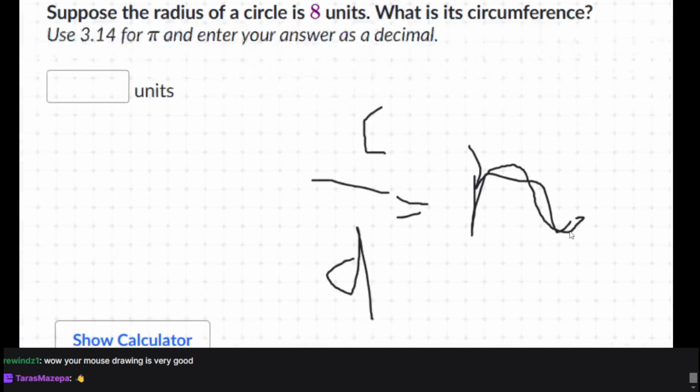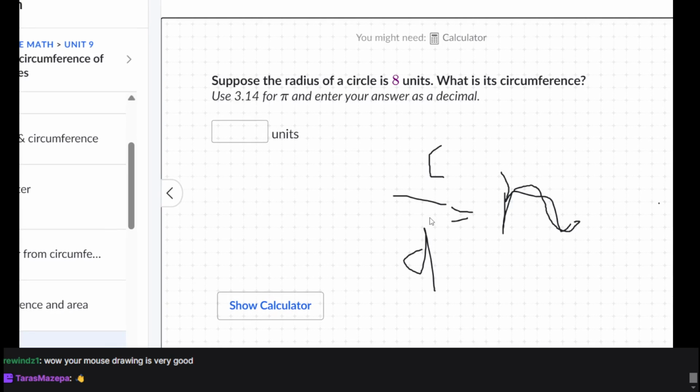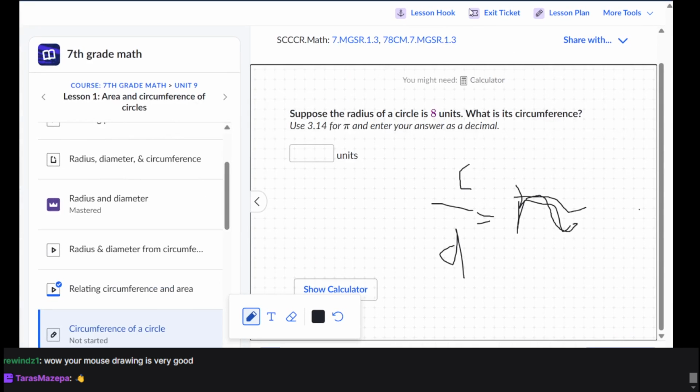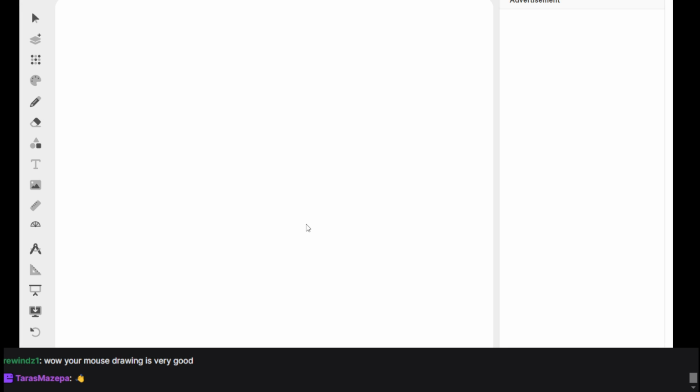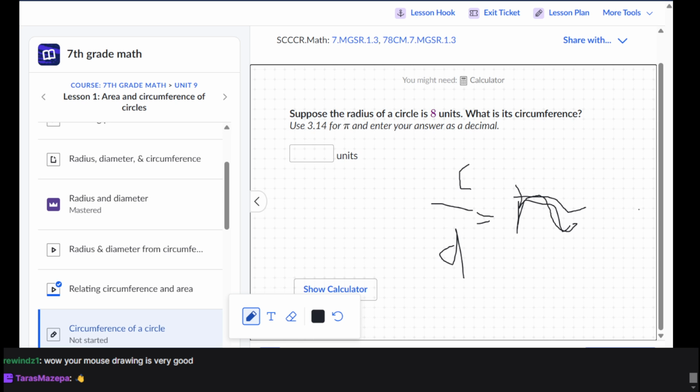This is supposed to be a pi, but it looks like an N. I have a proper, inexpensive drawing tablet that I can use though if I need to do enough by hand math. That's why I have this whiteboard here. But I'm lazy because I have to plug that in with the USB and stuff. So if I don't have to,